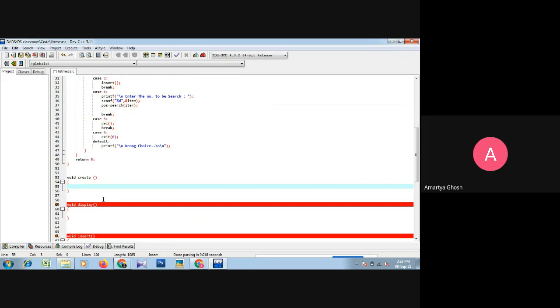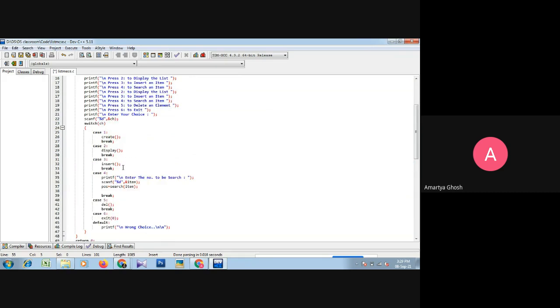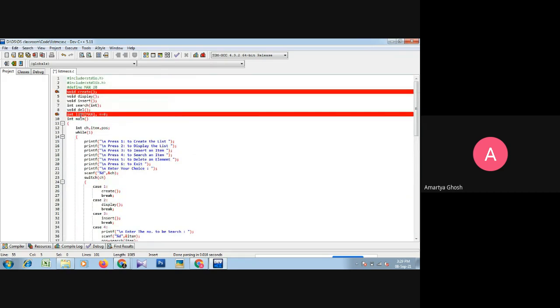So what is the procedure of input in an array? We would have to declare the array, but this list array is globally declared, so we can access it throughout the program, anywhere in the program.